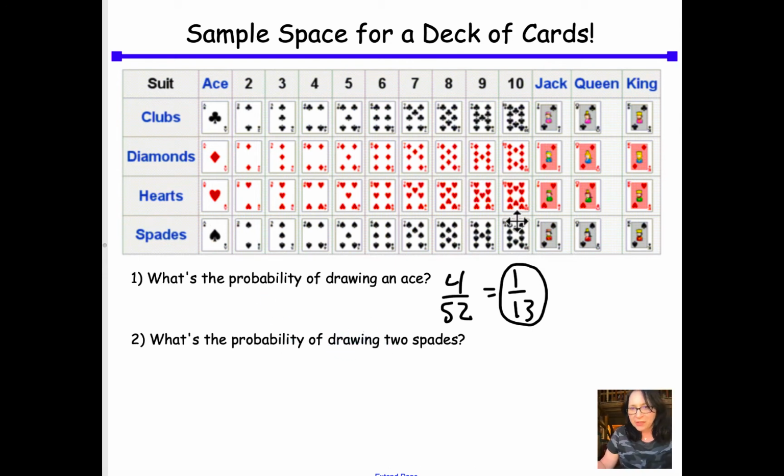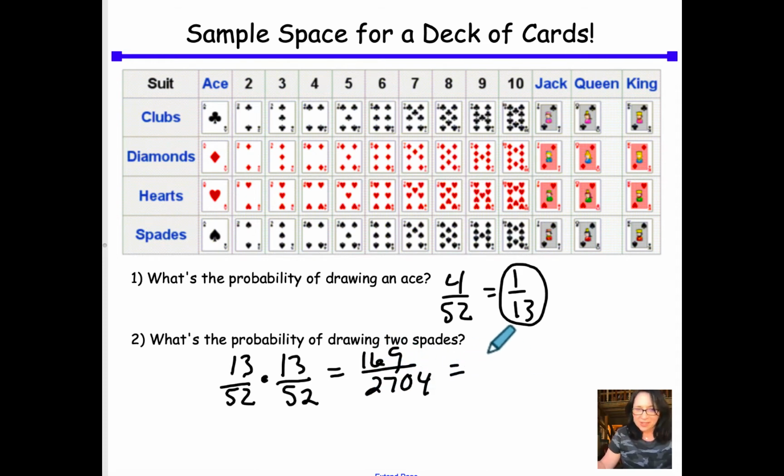Okay, so then what is the probability of drawing 2 spades? Here are my spades. You're only going to draw 1 card at a time. So you draw a spade, and the probability of that spade is 13 out of 52. Then let's say I put that spade back, and the probability of drawing another spade would be another 13 out of 52. In this case, the numerator is 169 and the denominator is 2,704. But realistically, 13 out of 52 is 1/4, so 1/4 times 1/4